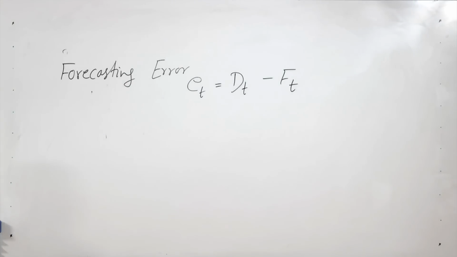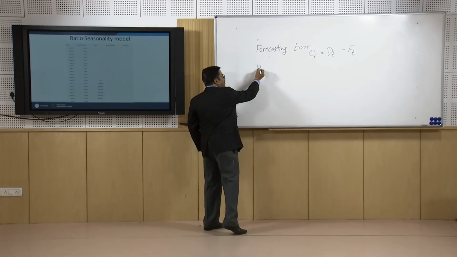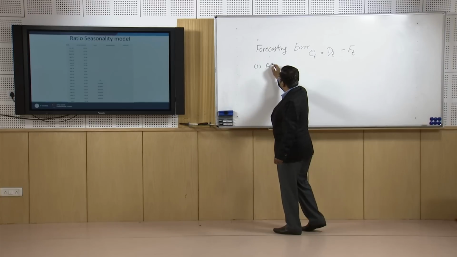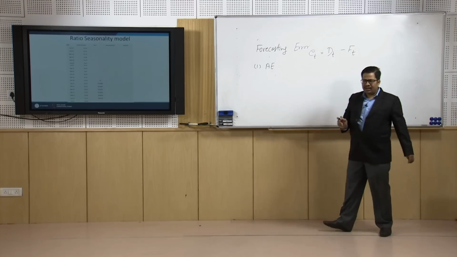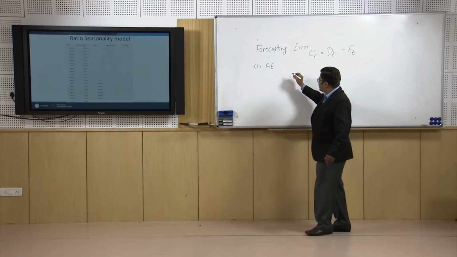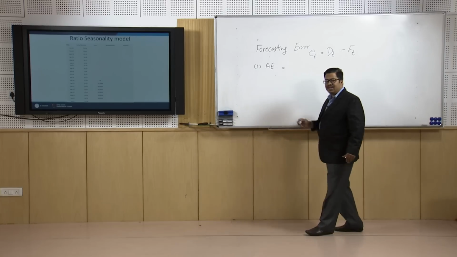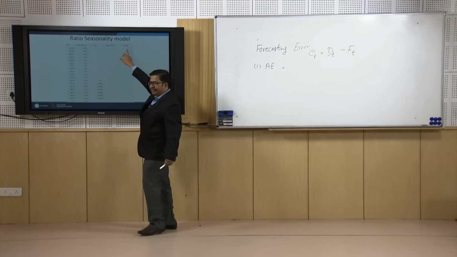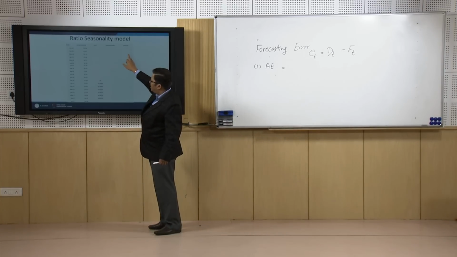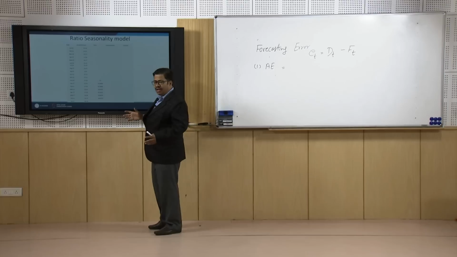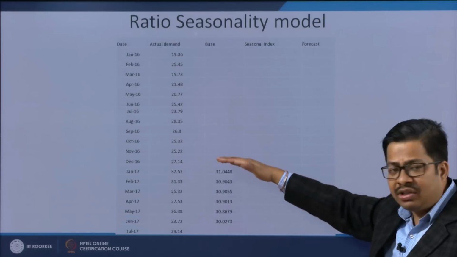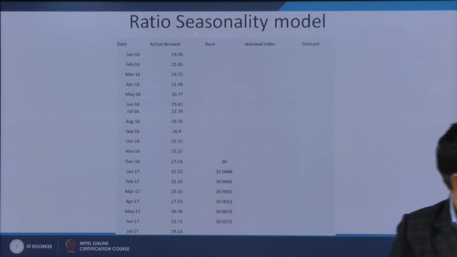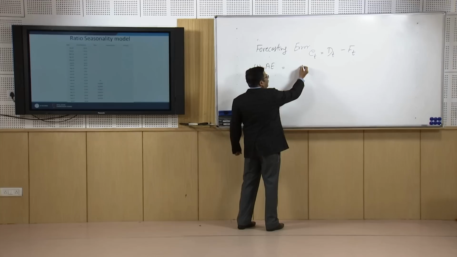The simplest one is average error, which is defined as the average of forecasting error. Like in this particular case, you have forecasting error for January, February, March, April, May, June, July, and let us say in the month of December I am calculating what is my average forecasting error. So, that is the average of forecasting error